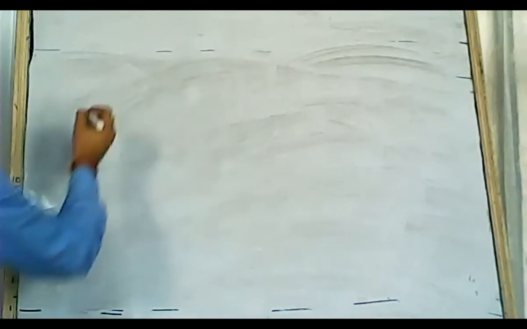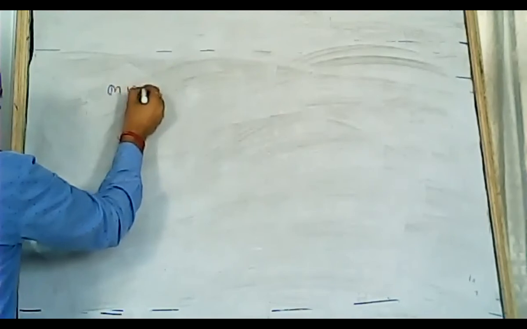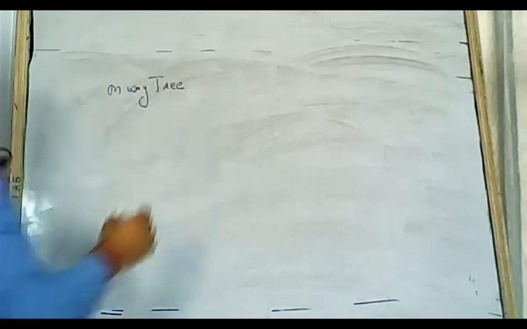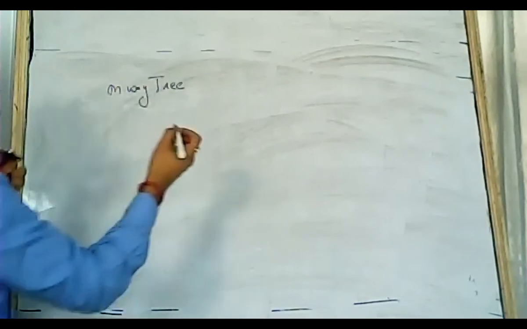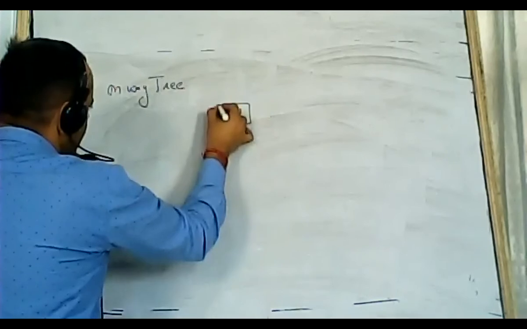The next tree is called, sorry, the AVL tree we have done. M-Way tree. Now it is like this: 26,